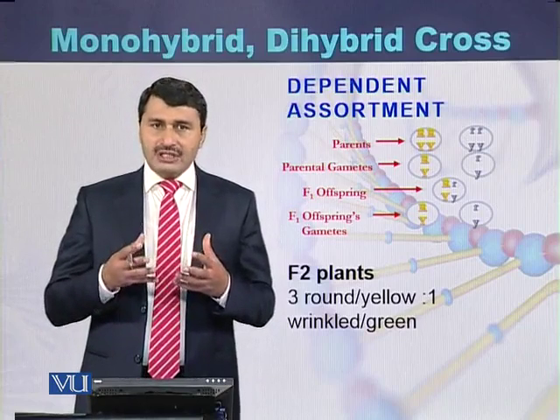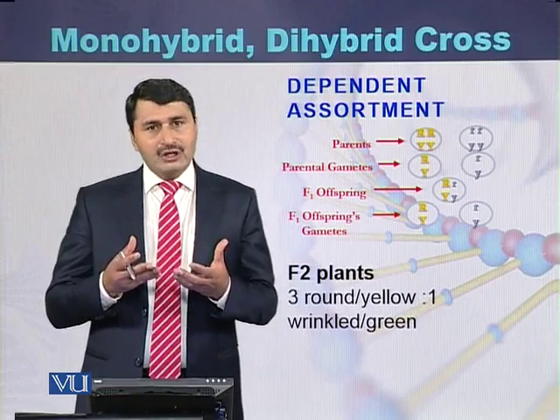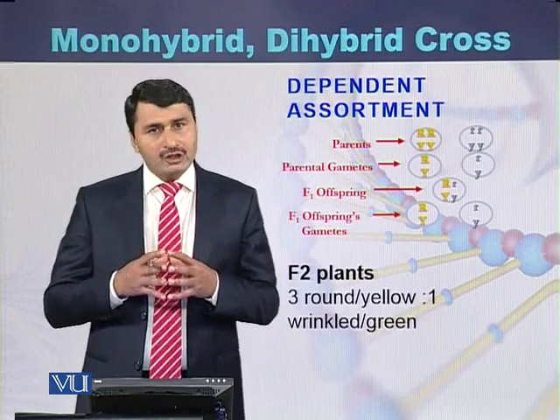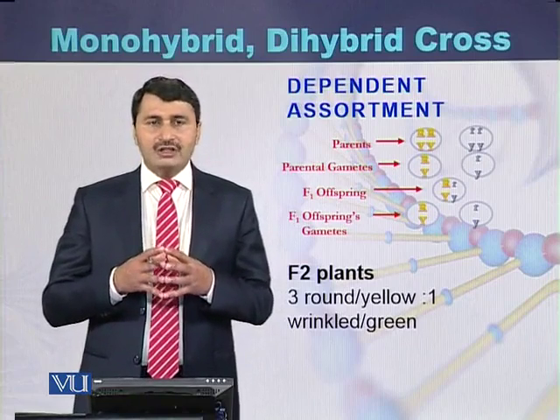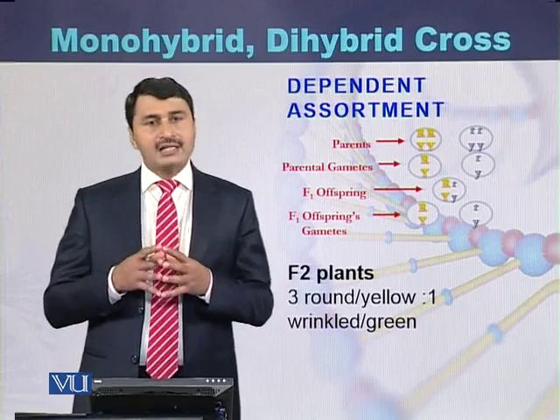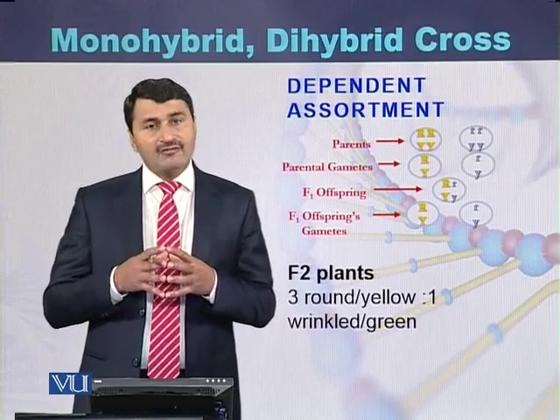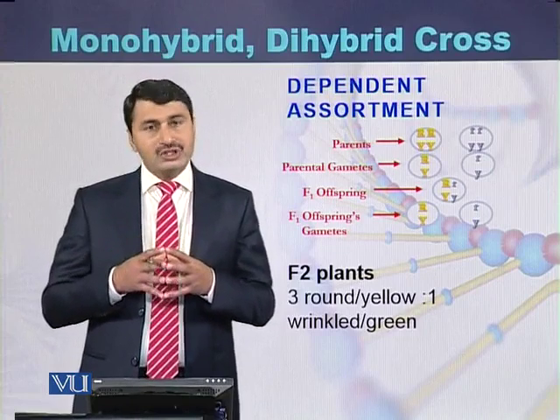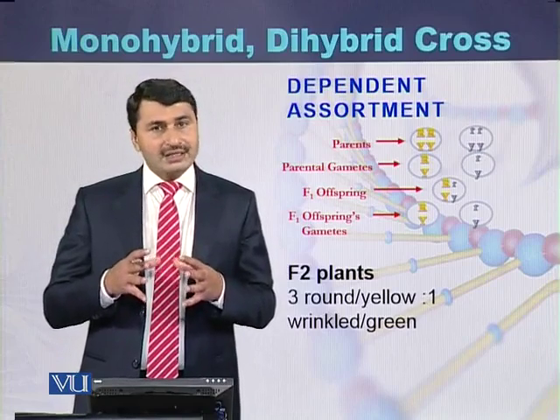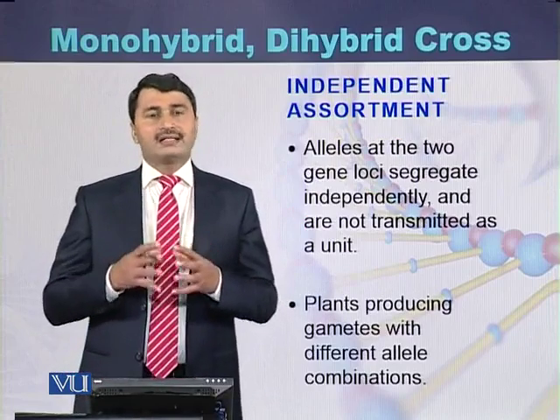So the gametes of the parents will be joined, and the gametes of the plants of F1 will also be joined. So the ratio of the plants will be 3:1. Three plants will be producing round and yellow seeds, while one plant will be producing wrinkled and green seeds, if there is dependent segregation. While in case of independent segregation